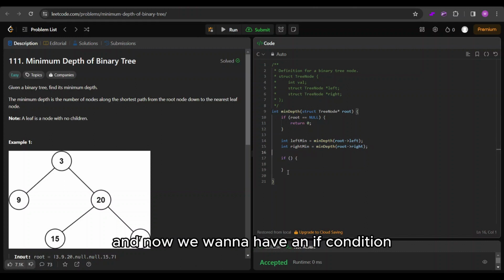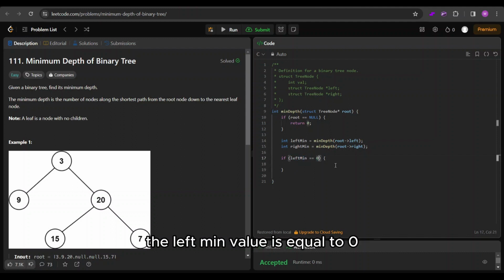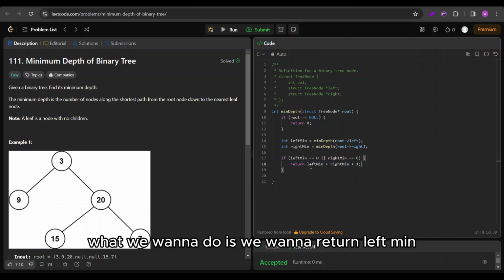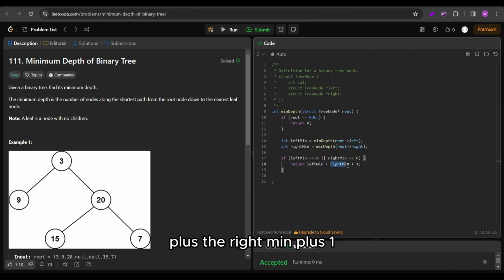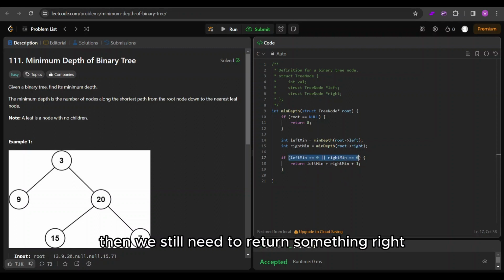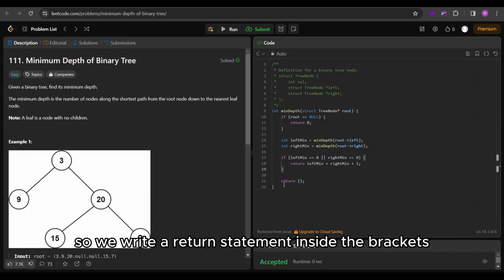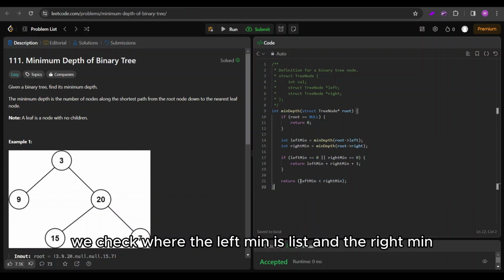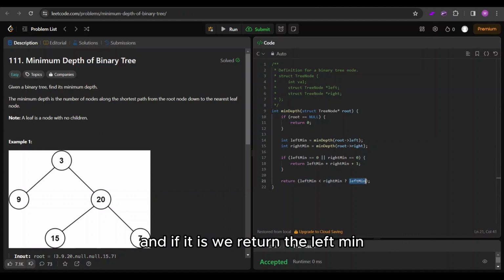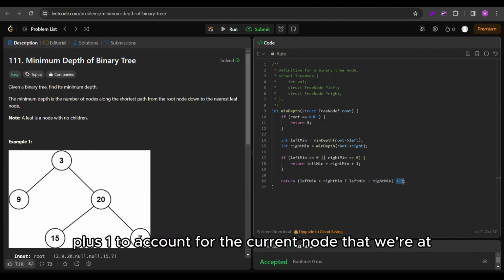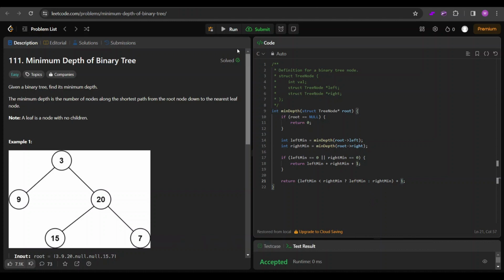And now we want to have an if condition. We want to check if either the left min value is equal to 0 or the right min value is equal to 0. What we want to do is return left min plus the right min plus 1. So I'll explain this in a bit. And if this condition isn't met, then we still need to return something, right? So we write a return statement. Inside the brackets, we check whether left min is less than the right min. And if it is, we return the left min. If it isn't, we return the right min. We also have to plus 1 to account for the current node that we're at. So if we run this,